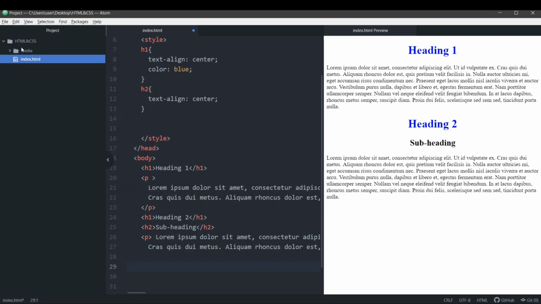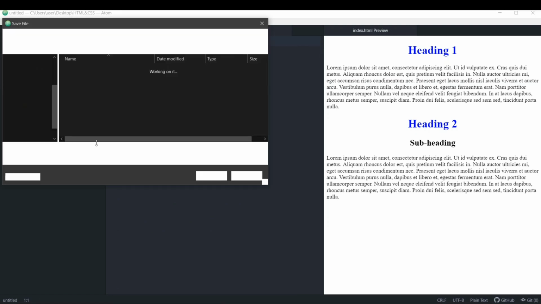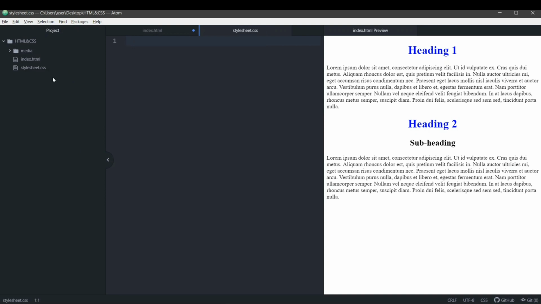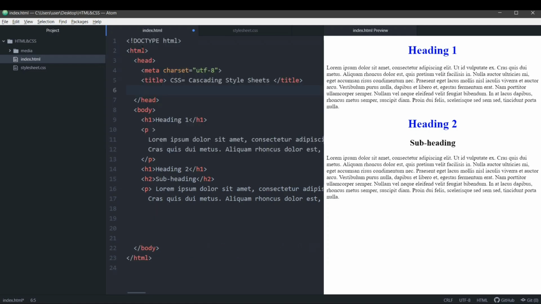So what we'll do is, you have created this folder HTML and CSS. Inside this we have a file index.html. Now let's add a new file. You can just use the shortcut Ctrl N, that creates a new file, and we'll save this file. We'll save it with the name of stylesheet.css. Okay, hit enter. Now you can see that the style sheet has appeared here. Now again what I'll do is I'll just remove this style tag so you can verify the changes for yourselves. We'll save this. Now again our page is back to normal.